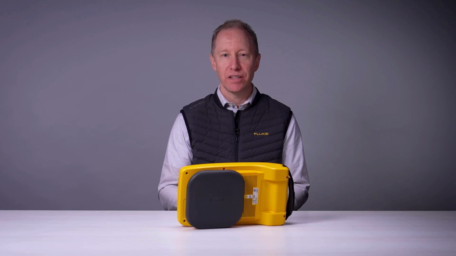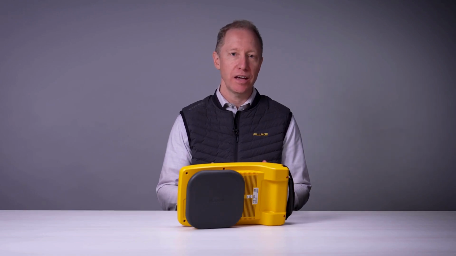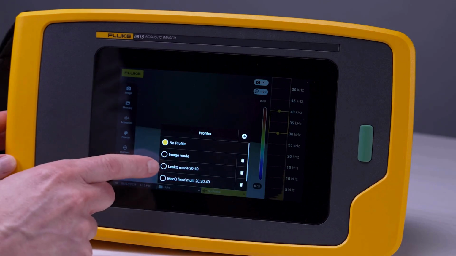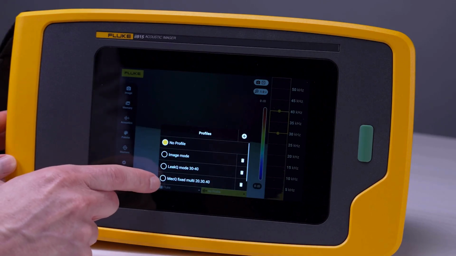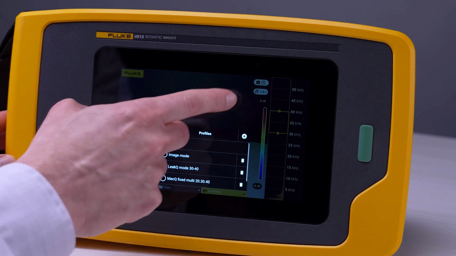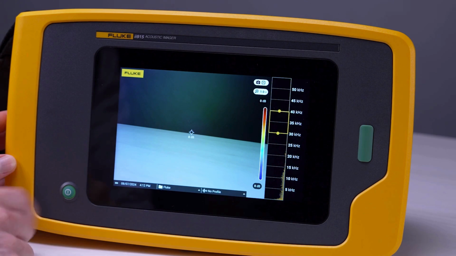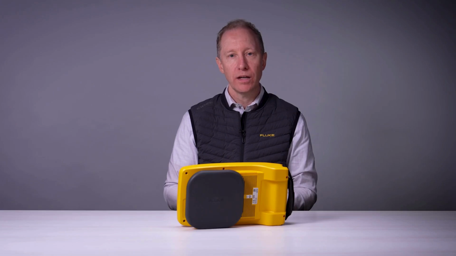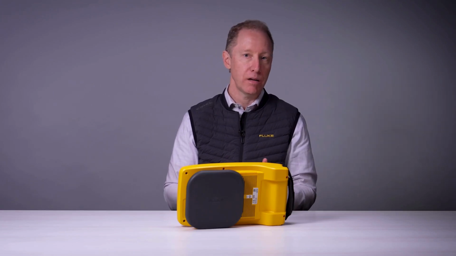Being confident of the setup and operating conditions of the II-Series is critical, so you're sure that you have the information you need. Profiles are a reliable and fast way to get the imager into the settings you want, whether that's frequency range, capture mode, operating conditions, or even what's being displayed on screen. Once set up, profiles are a way to toggle to the preset mode and setup that you need.